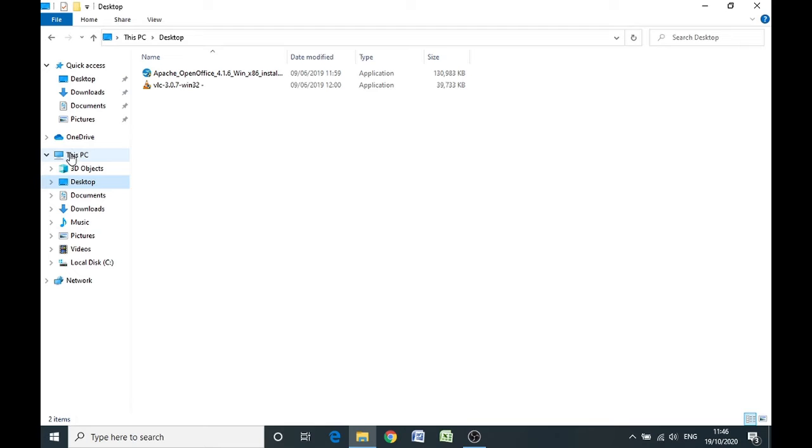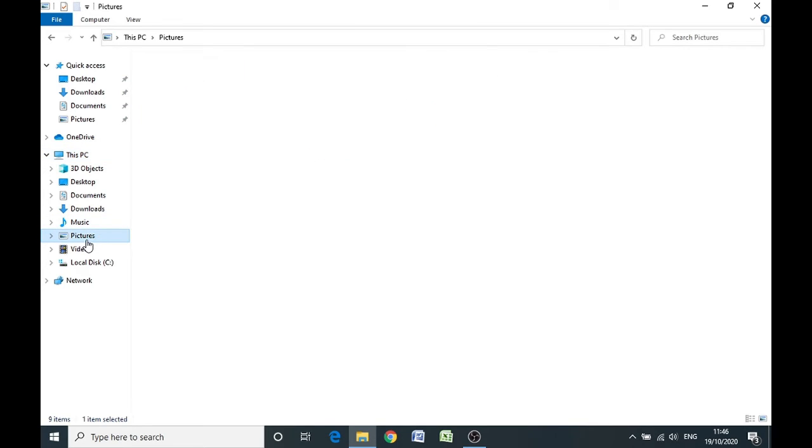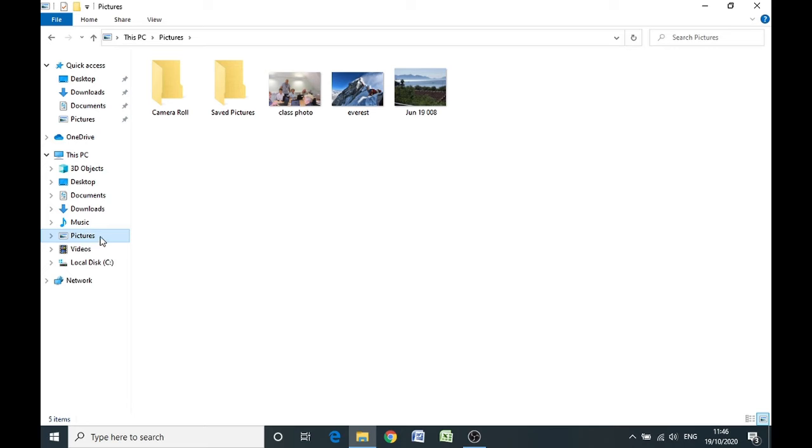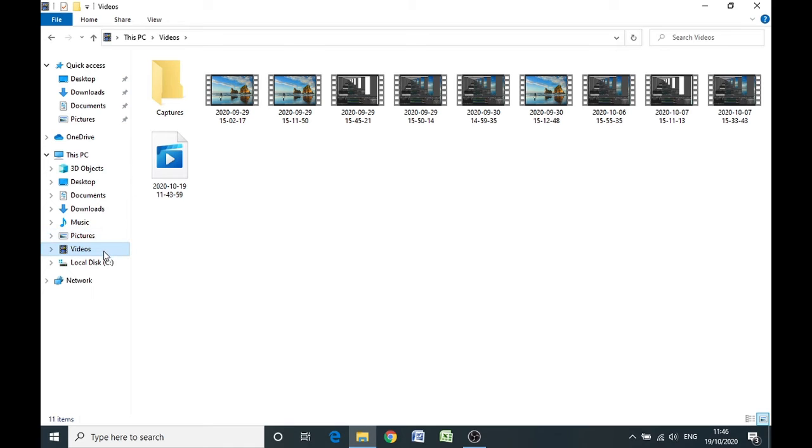We've also got documents, which are all the documents that are on your computer, downloads, anything from the internet that you've downloaded, music, any music files that you've uploaded from your phone or from iTunes or from the internet will appear here by default normally. Pictures will always or normally be photographs that you put onto your computer. Videos, again, any videos that you put onto your computer from your phone, for example, or from a tablet, will